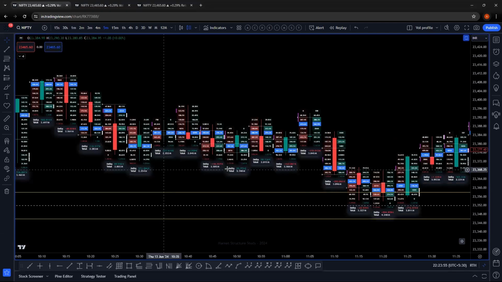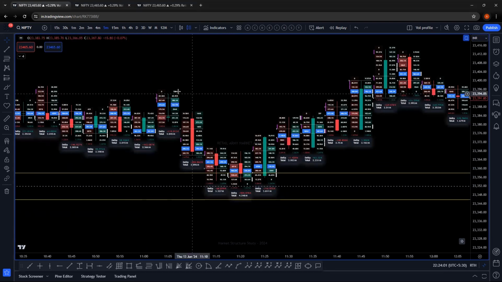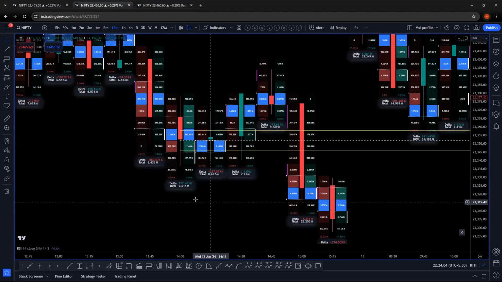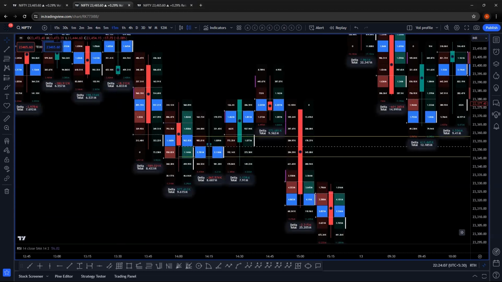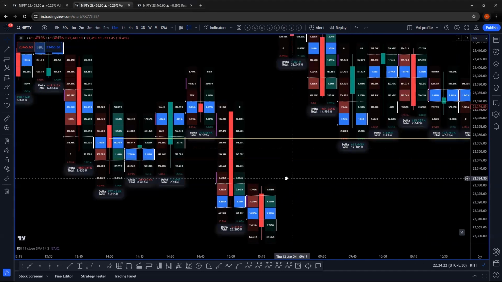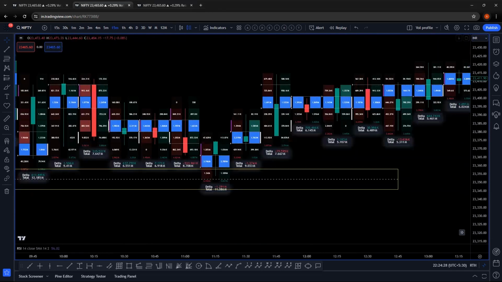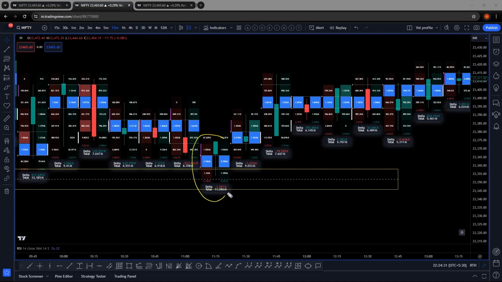This zone is the same zone as the previous day, 12th June, where from 2:45 onwards you see there was a trap in the market. So the same zone I have extended. This is called a value area. Point of control and value area are not necessary for you in this video. Maybe next time I'll explain, but there was a value area and then I extended it forward. What happens then? Very simple. A green color candle forms on this 15-minute chart and there's red delta, meaning there are net sellers who are trapped.